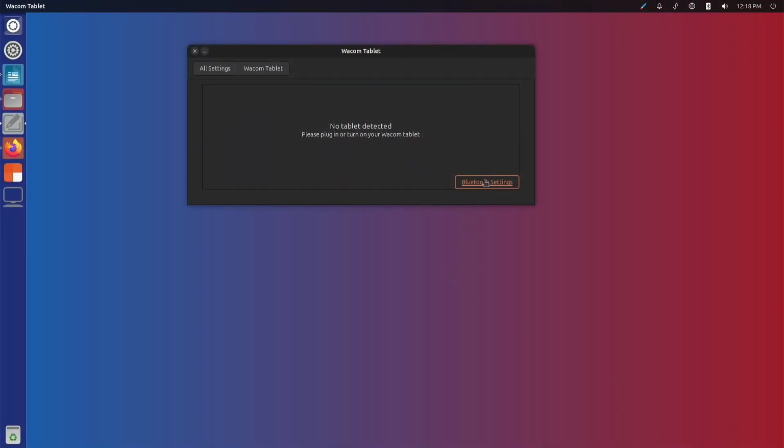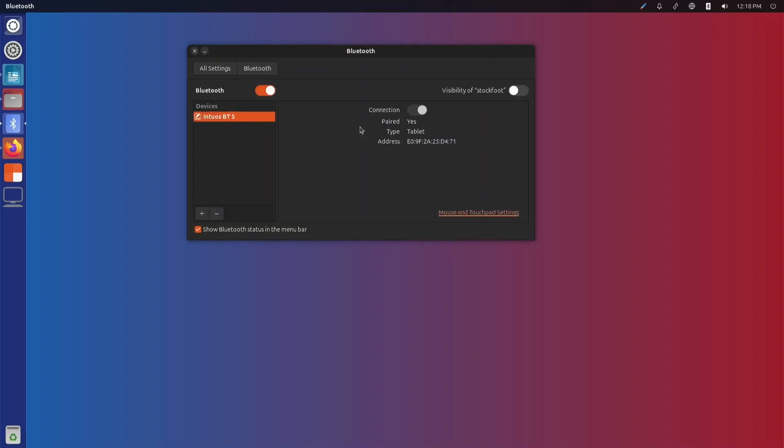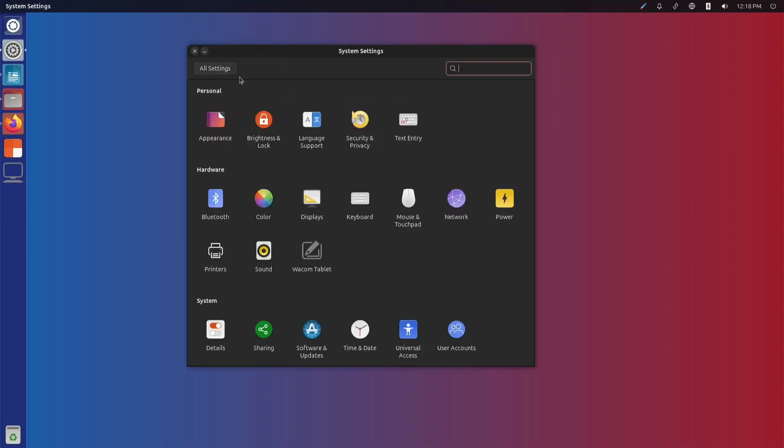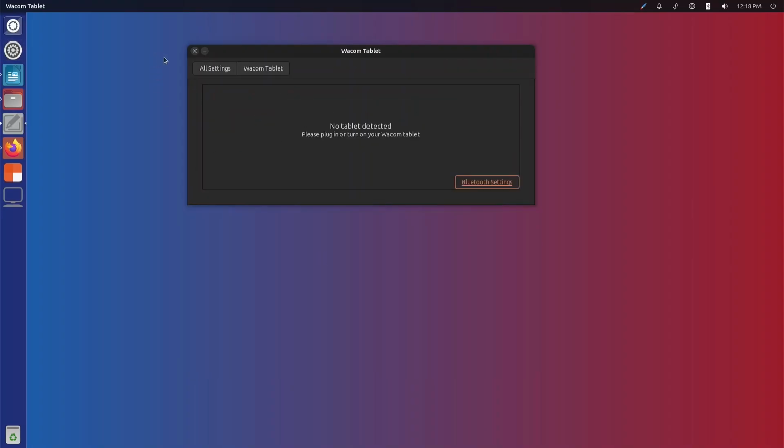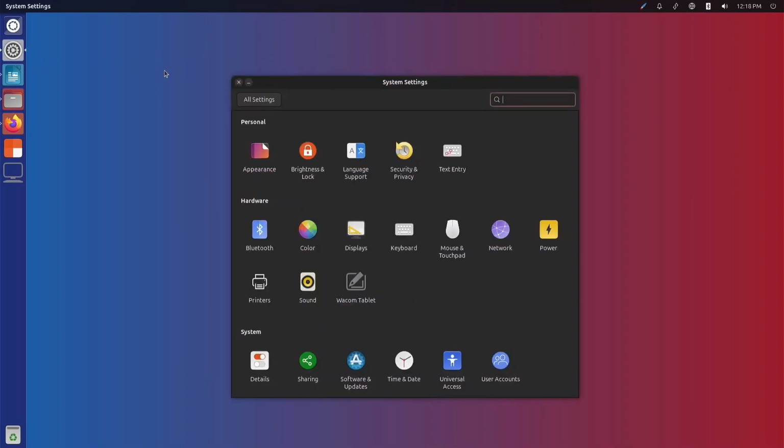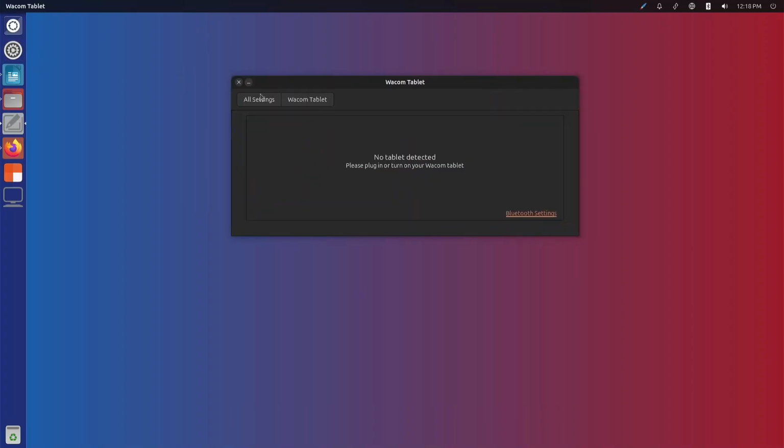It's right there. Okay, maybe I just need to restart it. But hold on, let me grab the pen. Okay, I'm moving the cursor with my pen.